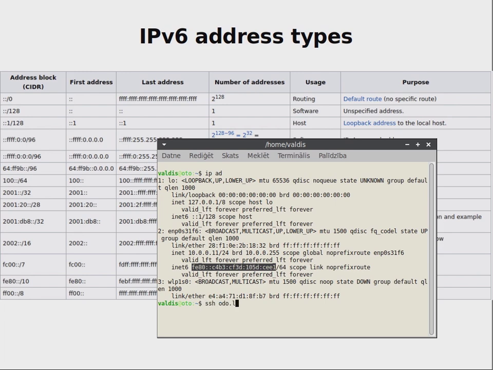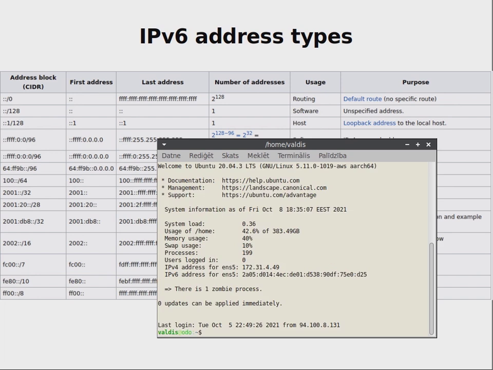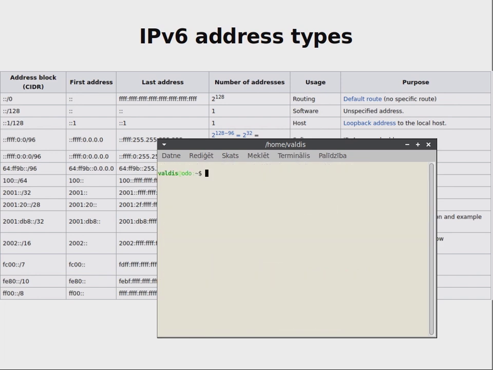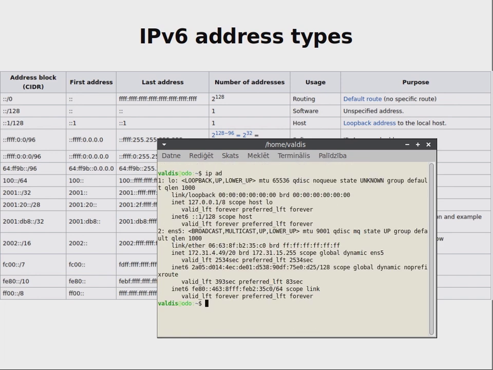But if I go to the website server, what I see here is that for Internet Protocol version 4, again, it has another local Internet Protocol version 4 IP address.